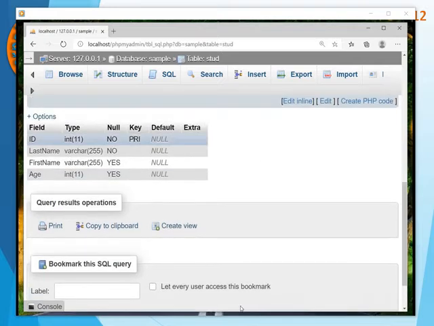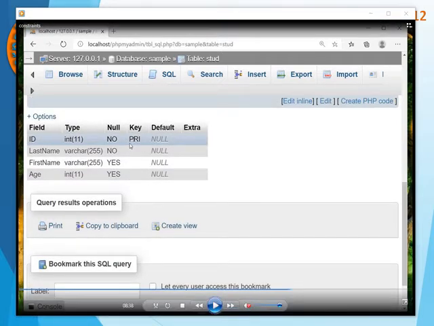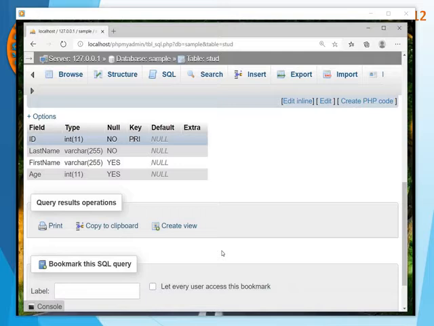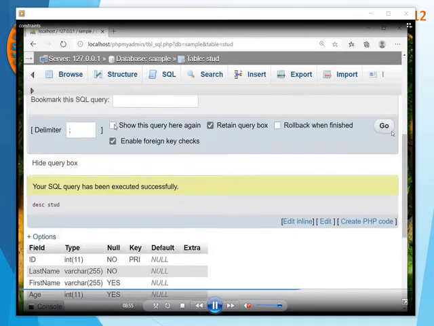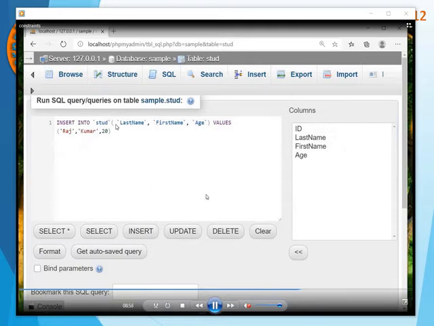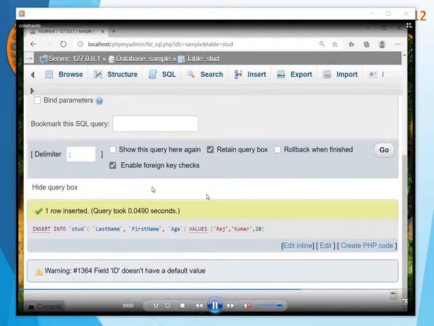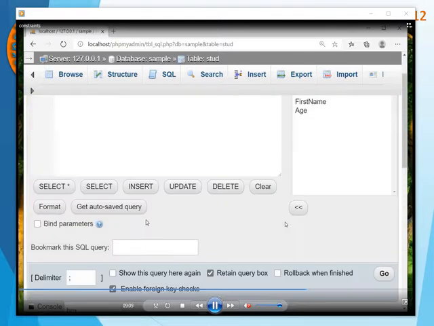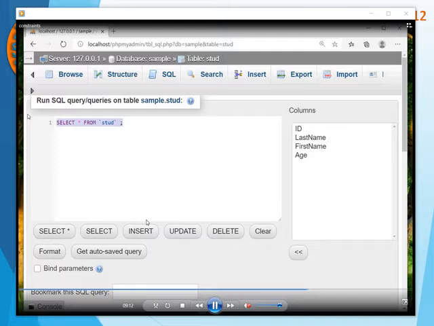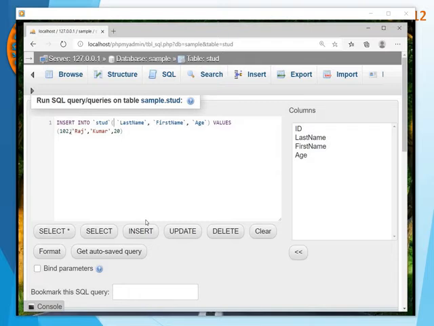Is it clear, children? So the usefulness of the primary key constraint is that it will not allow duplicate values. Now we are going to insert a null value because I am not giving the value for the particular field. It is inserted in the sense that it is taken as 0, because the emptiness is taken as 0 as the field is integer. So 0 is a unique value, so it is accepting. It is not treated as a null value.